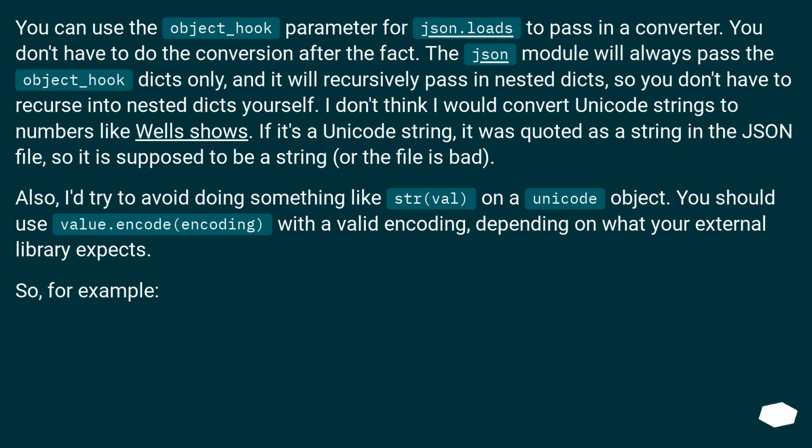I don't think I would convert Unicode strings to numbers like Wells shows. If it's a Unicode string, it was quoted as a string in the JSON file, so it is supposed to be a string, or the file is bad. Also, I'd try to avoid doing something like str(val) on a Unicode object. You should use value.encode(encoding) with a valid encoding, depending on what your external library expects. So, for example,